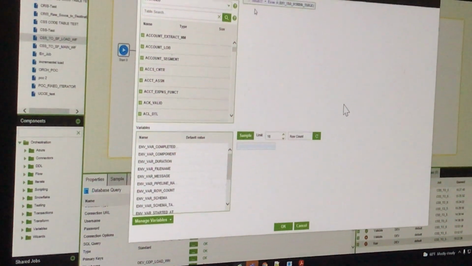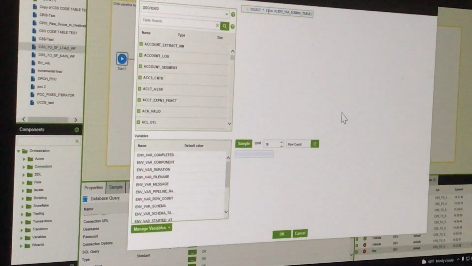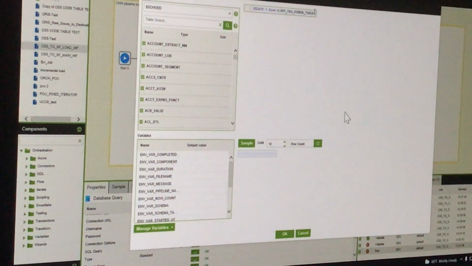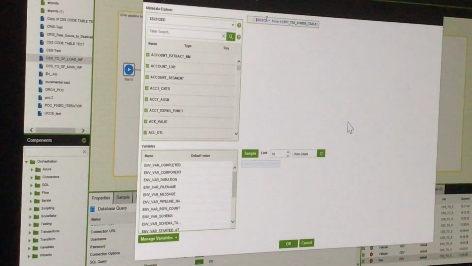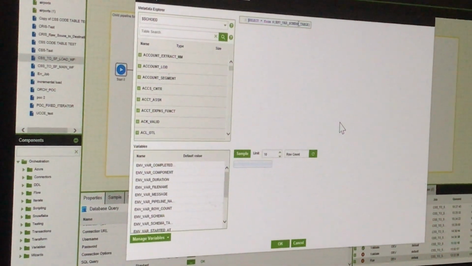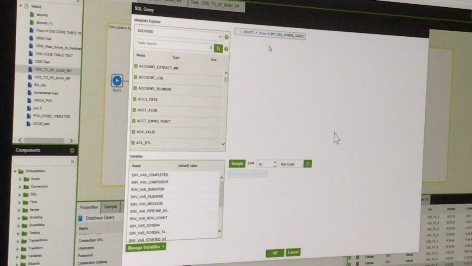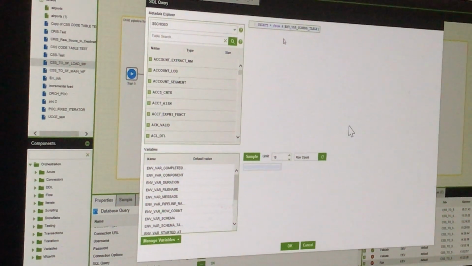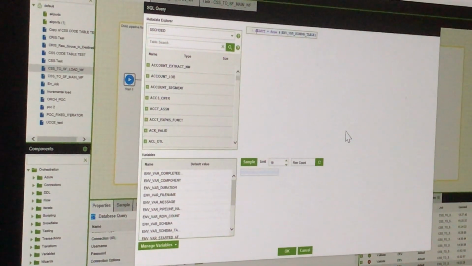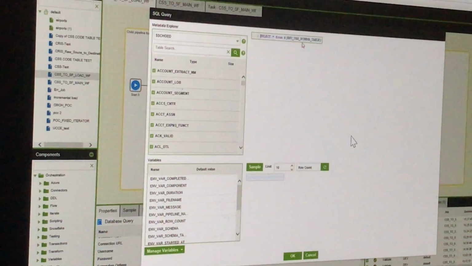think about one table. If you want to load one table, what are you going to do? Select star from table name. But here we have to use the schema name too: select star from schema name dot table name, if we are going to load only one table. But here we have to load multiple tables at the same time, so we cannot give multiple table names in one query. That's why we are using an environment variable.